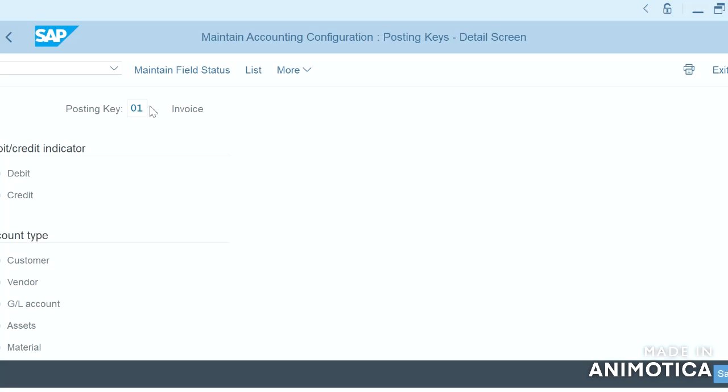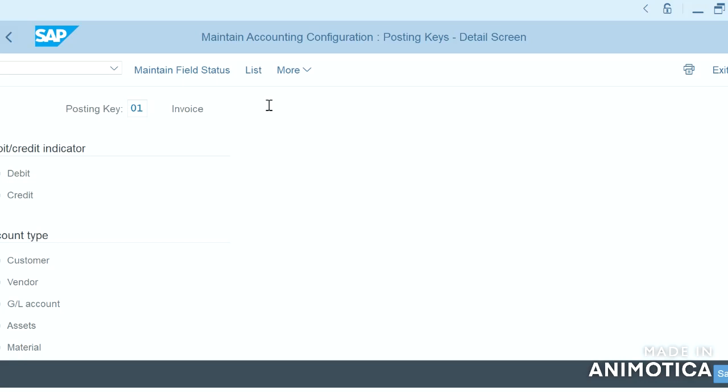Standard SAP delivers standard posting keys. You can use the standard posting keys and modify or change them as per the organization's requirements. So what does the posting key actually control? The posting key controls the entries in a line item of the document.